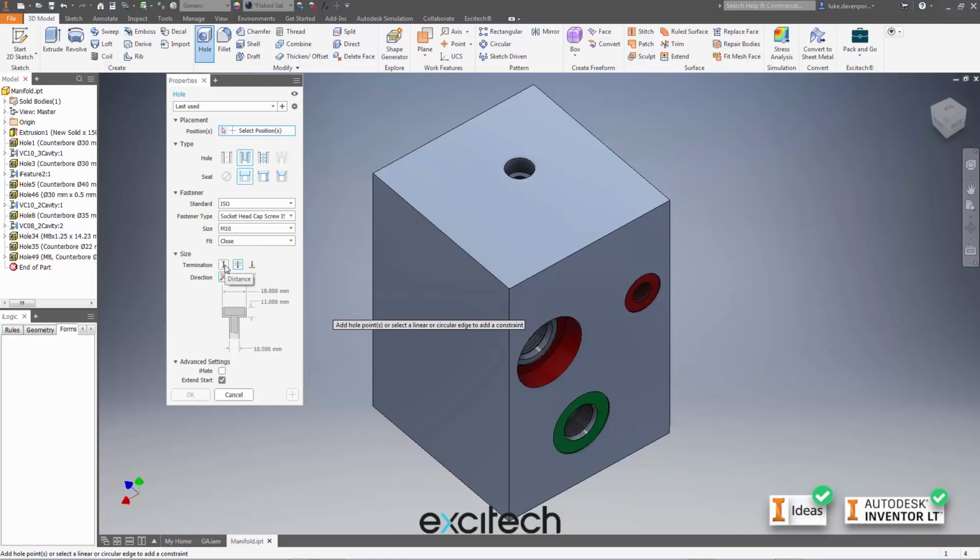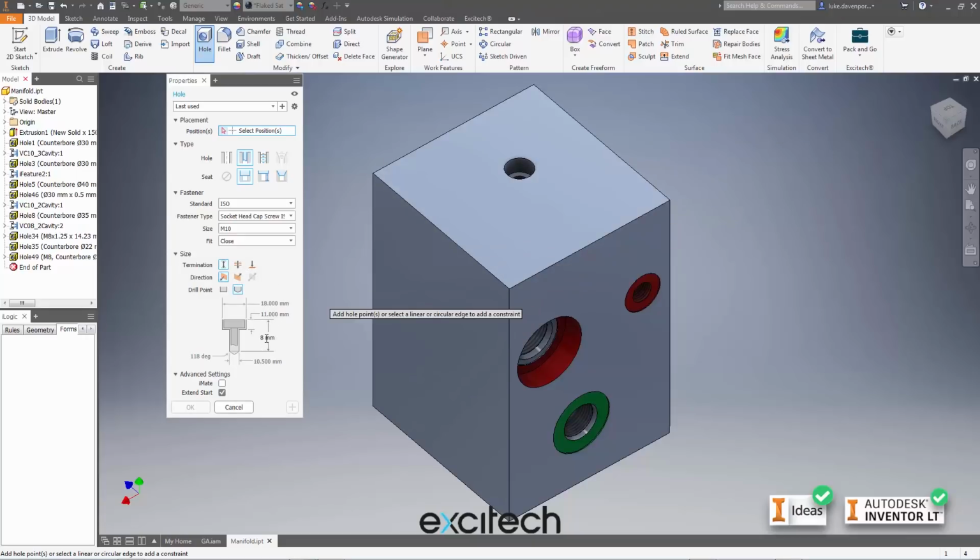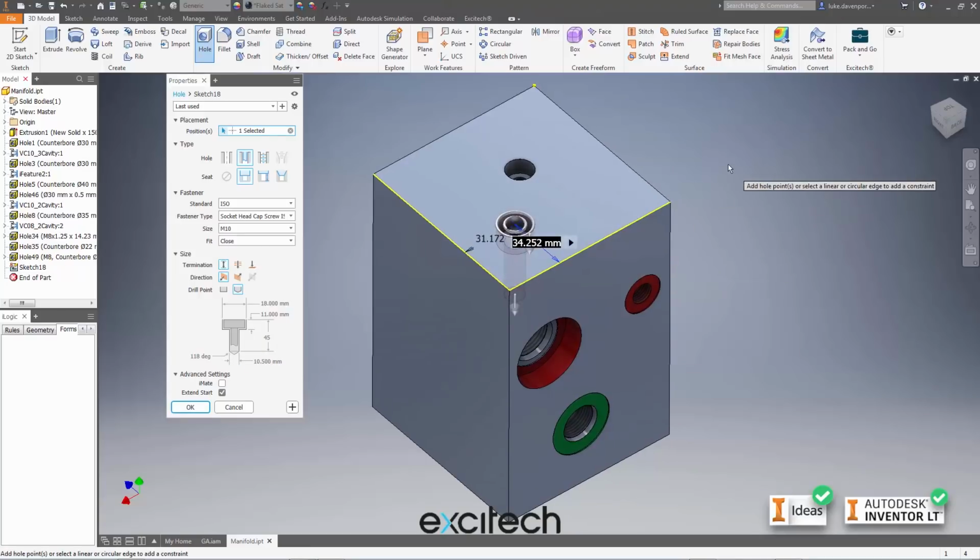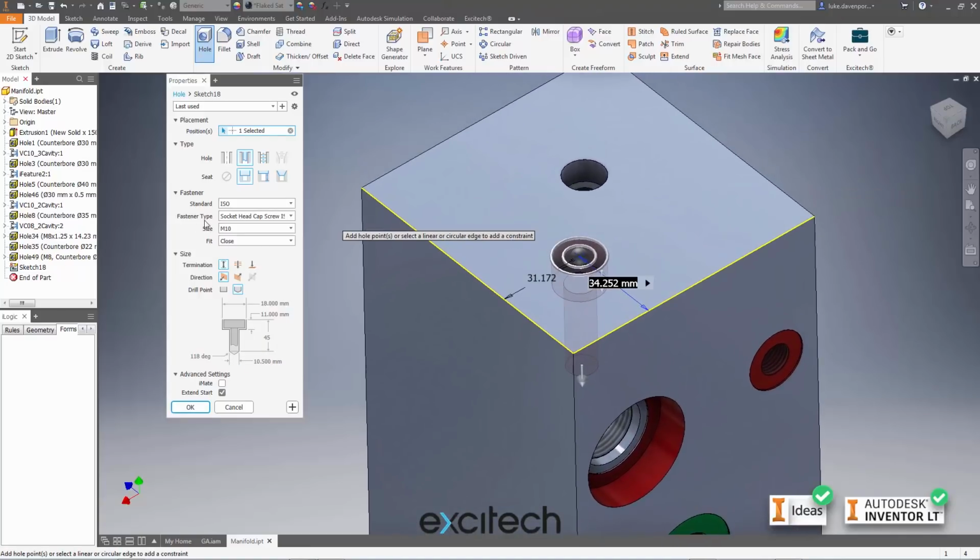Let's say I want it only of a certain distance as well. I don't want it to go all the way through. And the depth of the hole I want, say for instance, is let's say 45 millimeters. Okay, and I'll position it here. So there's my preview of the new hole that I've created. If I'm really frequently placing this kind of hole in parts, then this is where you want to hit create new preset here. And what it will do is it will give you a suggested name for the new preset,